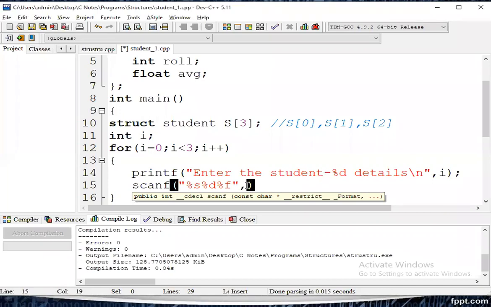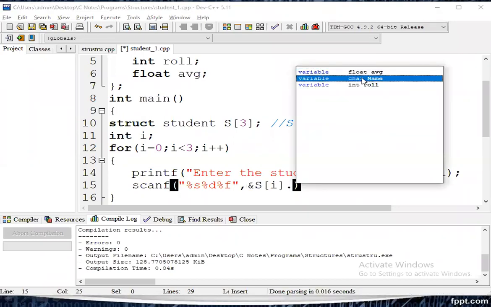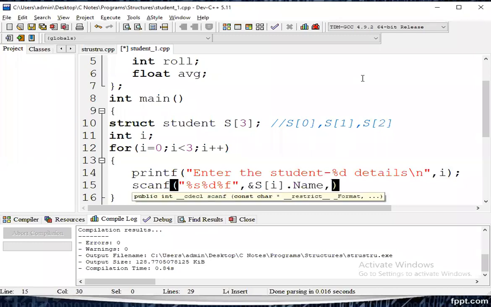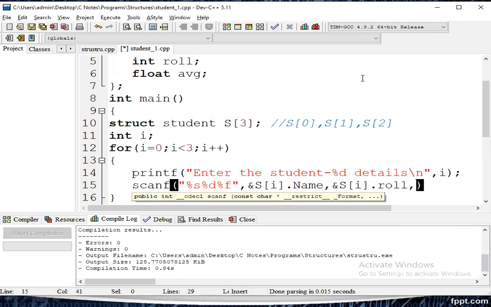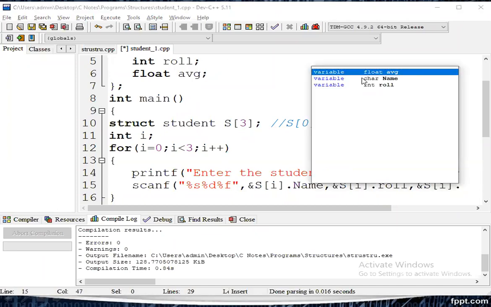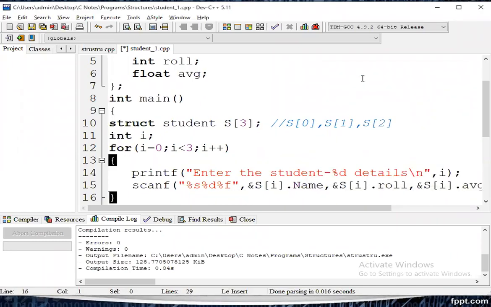Ampersand S of i dot name, comma, ampersand S of i dot roll number, next, ampersand S of i dot average.